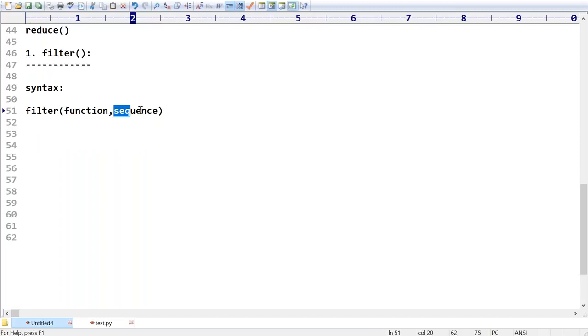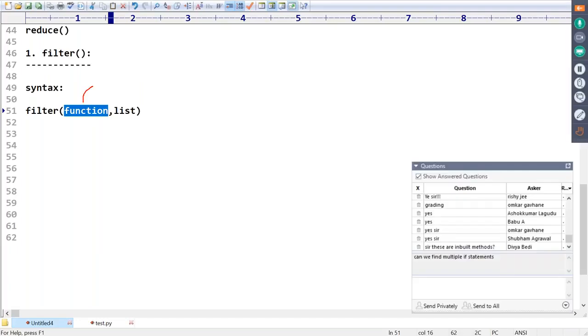It is assumed that this sequence can be a list or set or tuple and so on. For every element, it is going to apply this function. If this function returns true, oh, it is our selected required value.